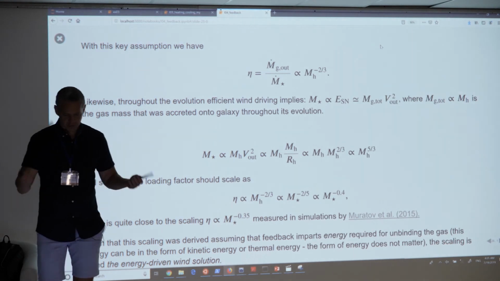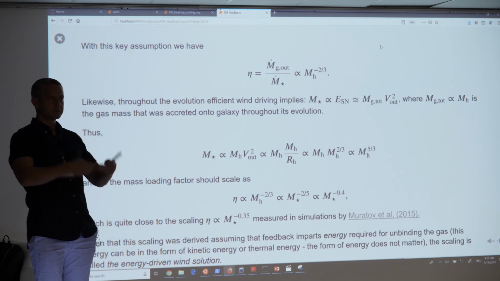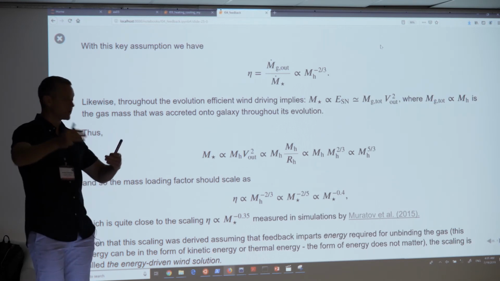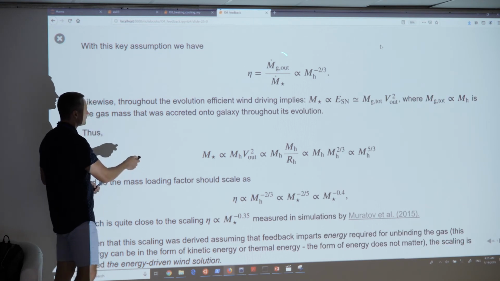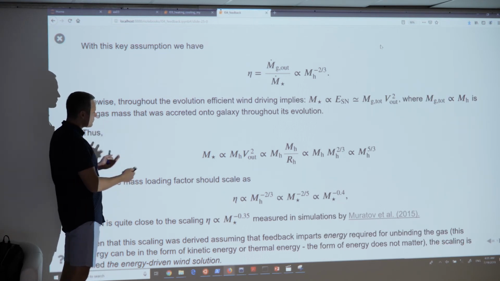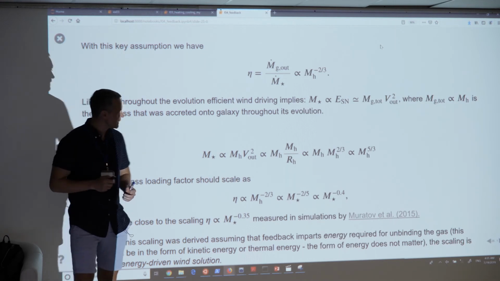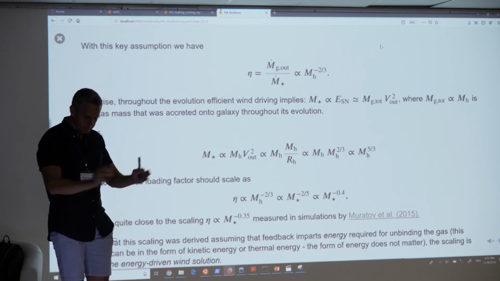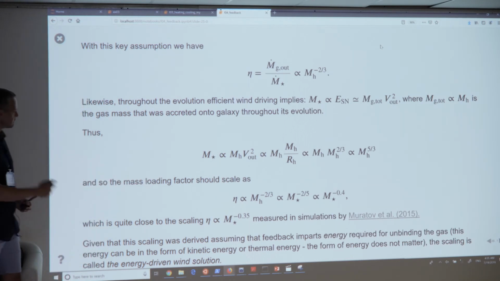So this is a numerical manifestation in this model of the fact that for smaller mass halos, the potential difference is smaller, and it's easier to drive the wind out. So the mass loading factor is larger. Then with a couple more steps, again assuming that the wind is efficient and pretty much all the gas mass, or most of the gas mass that ever comes into the galaxy gets driven out by the wind,